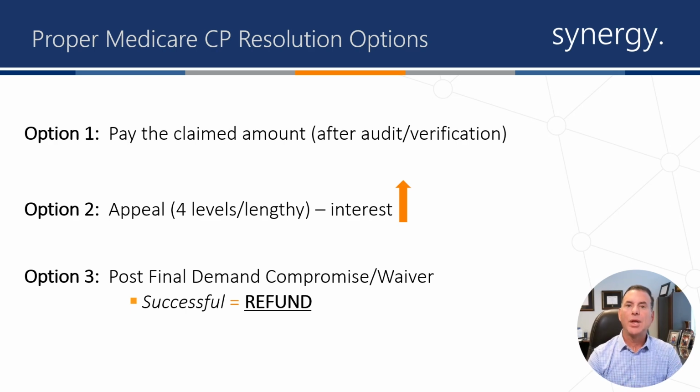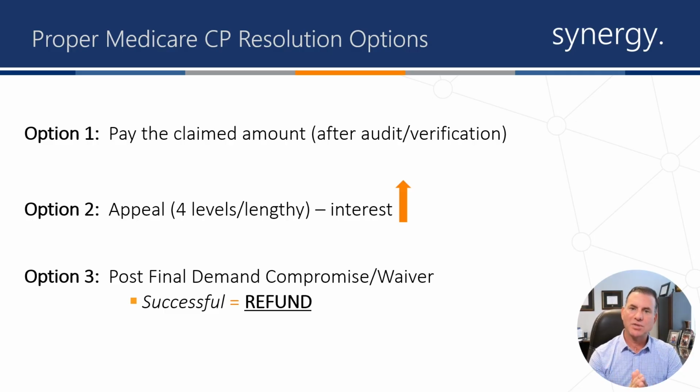That is a very lengthy process, as there's 4 levels of appeal internal with Medicare before you ever get to a federal district court to argue. Meanwhile, interest will continue to accrue, because remember I said that appeal requests or compromise and waiver requests do not toll interest from accruing. The third option, which is the option that we recommend most of the time, is a